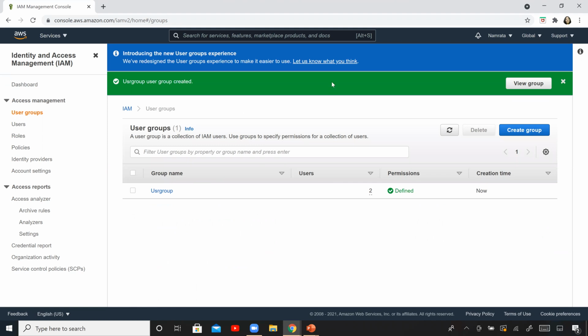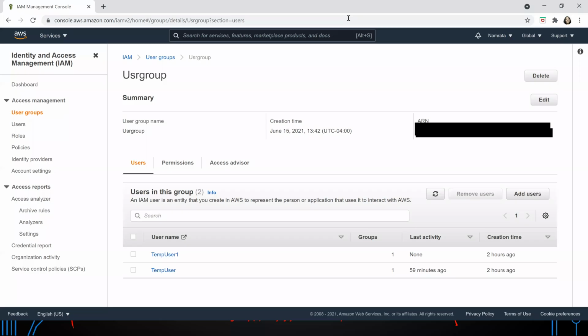You can view the group by clicking either view group over here on the top or by clicking the link right there. So this is our user group. It has been created successfully. As you can see, you have two users over here, right there at the bottom.